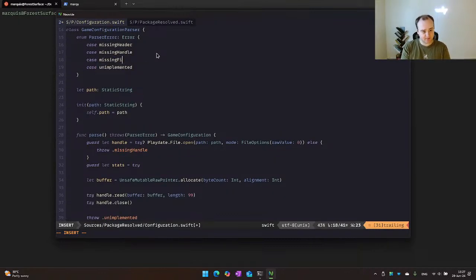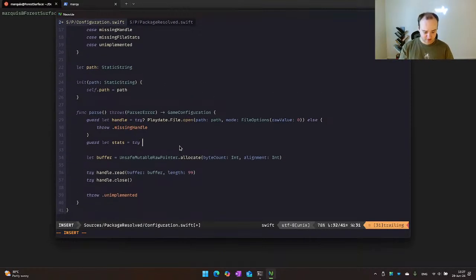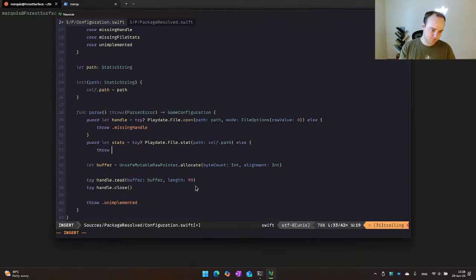Case missing file stats equal try Playdate file stat. Yeah. Looking from the docs here. Stat, okay, yeah. Path, self.path, else, throw, missing file stats. Okay.